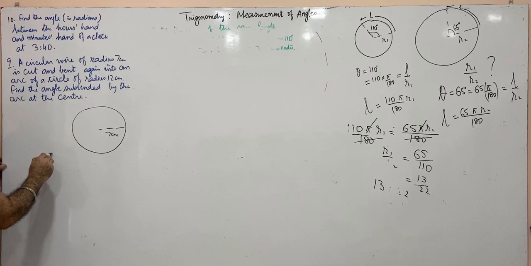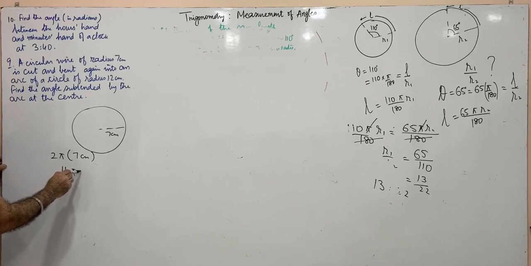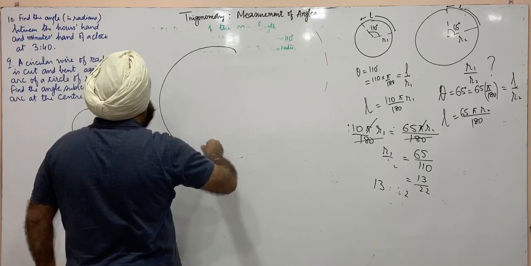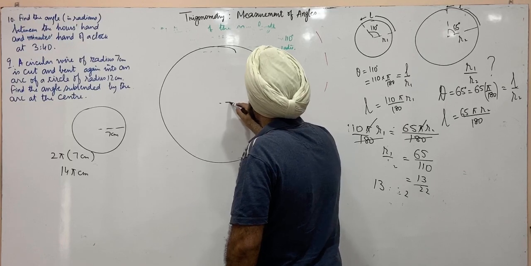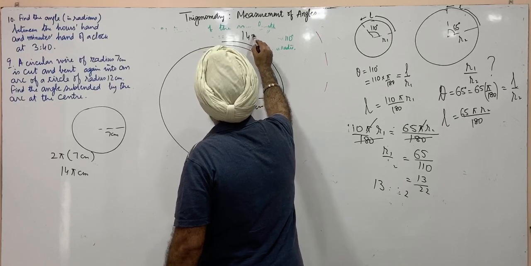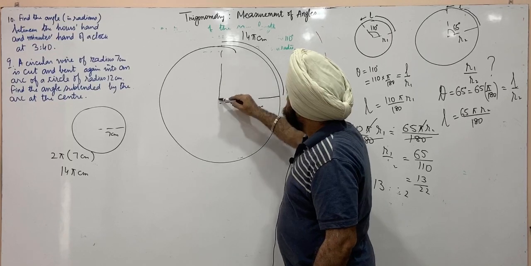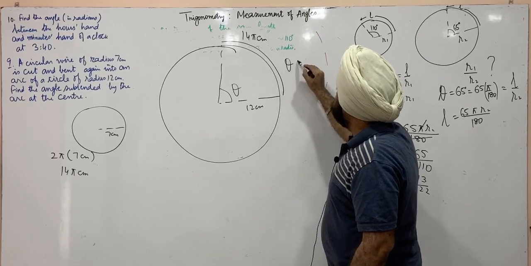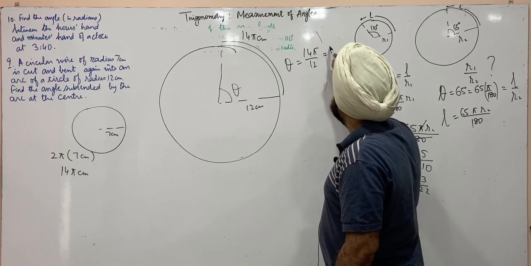That will be 2 pi into r. R is 7 centimeters. It's 14 pi centimeters. Now this is bent and placed along a circle of radius 12 centimeters. This arc length is 14 pi centimeters. This arc length will subtend a central angle, let's say theta, and we know theta is arc length upon radius. 14 pi by 12 or 7